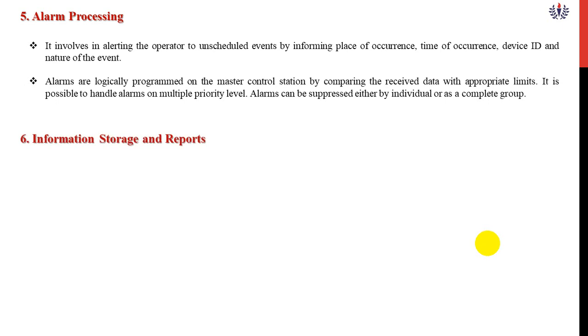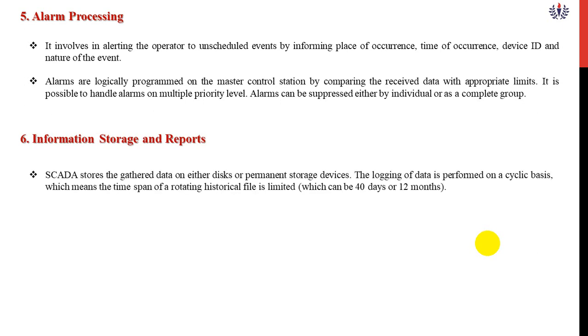Then information storage. Once the alarm is there, whatever information is given by the alarm will be stored in a database, that is nothing but a disk or permanent storage device, maximum 30 days or 40 days. For example, most CCTV cameras, what is the normal operating time of CCTV cameras? Anybody? In our house, you are fixing CCTV cameras, right? So how many days will the CCTV camera data be stored? How many days is it valid? Can anyone tell me?